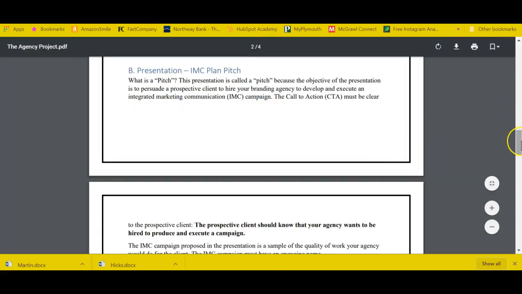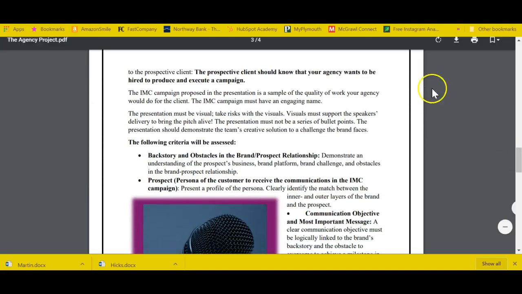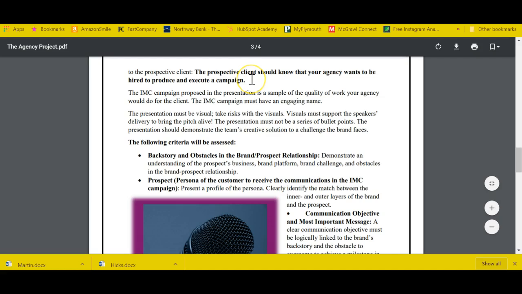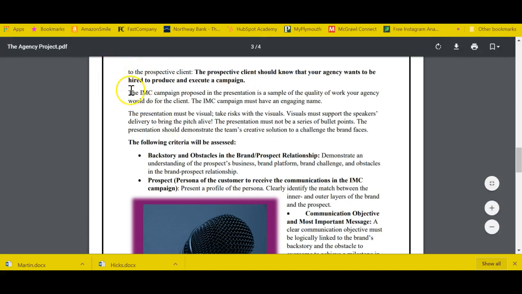So now let's go and check what it is that you have to do here. You are going to pretend that you are presenting to the brand you have been working for. You've been working for Philips, then let's pretend that you have a panel of Philips people that are going to listen to the proposal that you have, and what you want is to be hired. If you're hired, that means you get a job and you're going to be very successful with the plan that you have.